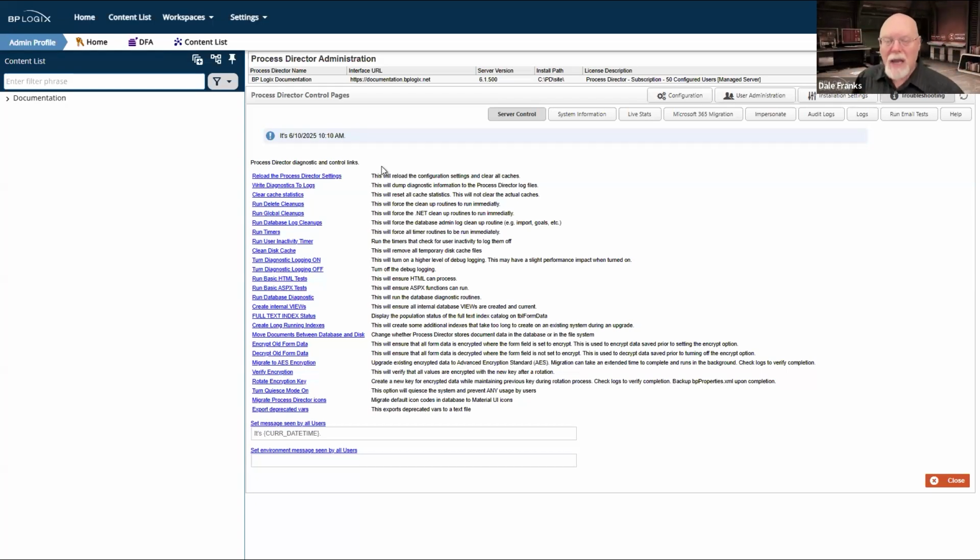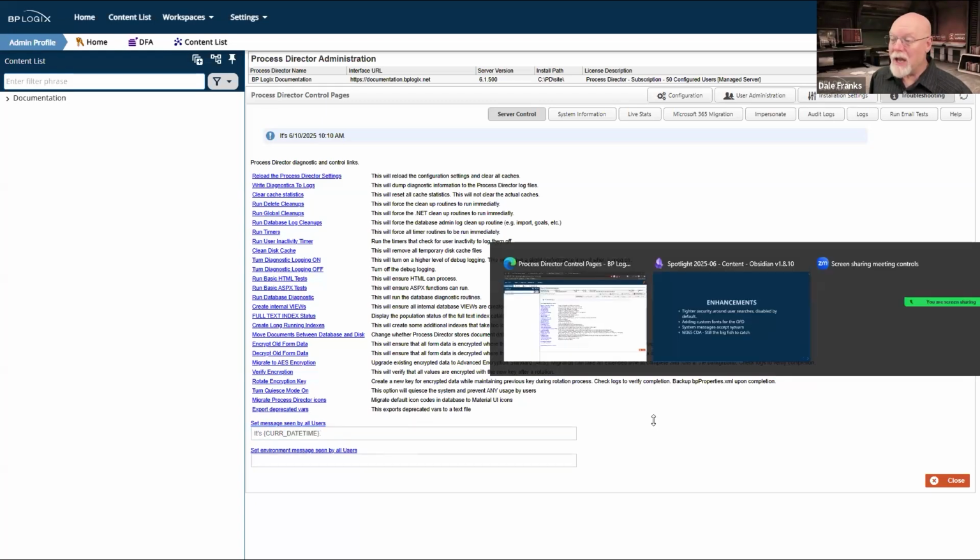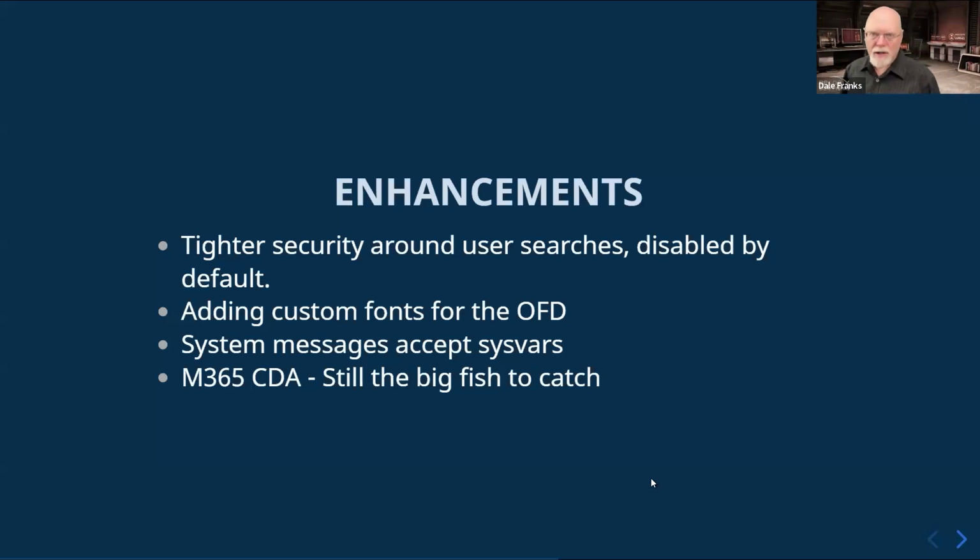Now, in this case, it was a custom system variable that they had created for their system, but it wouldn't display that custom system variable in the message that they wanted to show. And so, they had a little workaround using a form that worked okay, but we went ahead and changed this so that whenever you use a system variable in one of your environmental messages, it will parse that system variable and show.